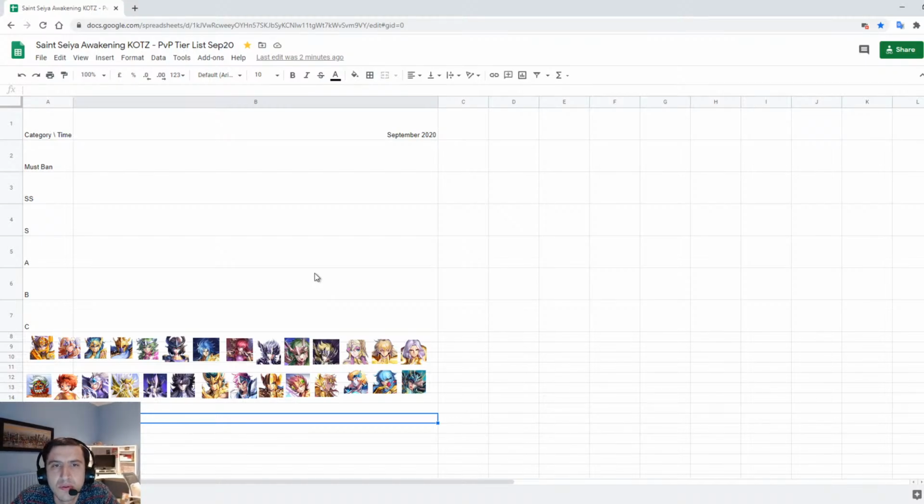So what is this PvP tier list? It is a list effectively mainly aimed at high levels of galactic duel. So what are the saints and certain compositions that are more effective, let's say at diamond and above. Most of the recommendations are still valid for lower levels, but effectively this is mainly intended for diamond and above